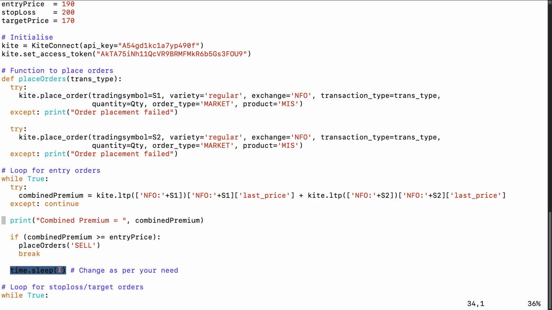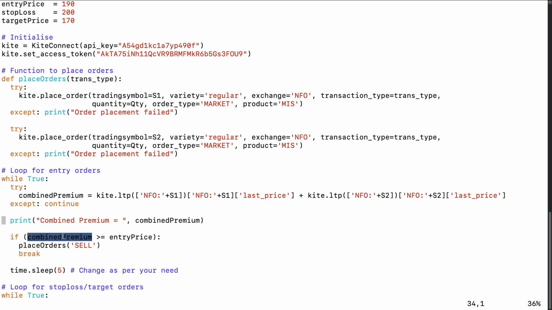Here what I'm saying is just sleep for 5 seconds and go again to the top of the loop. Again, you can set it to whatever values you want. If you want to sleep for fewer seconds or if you want to sleep for more seconds, it basically does nothing for this period of time. Okay. Again, it will come to this part of the code and it will keep doing this until it reaches a condition where the combined premium, so let's assume that at some point the combined premium is